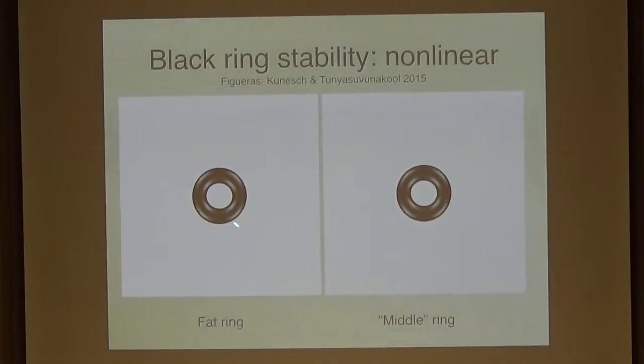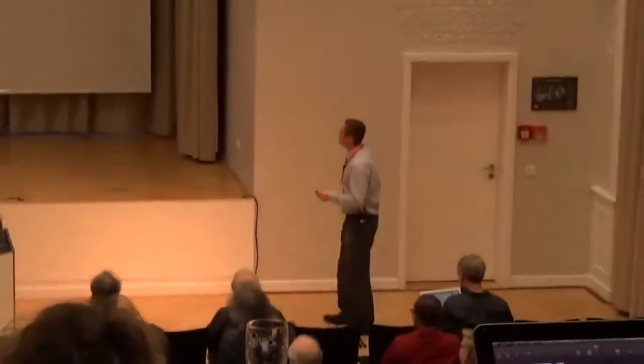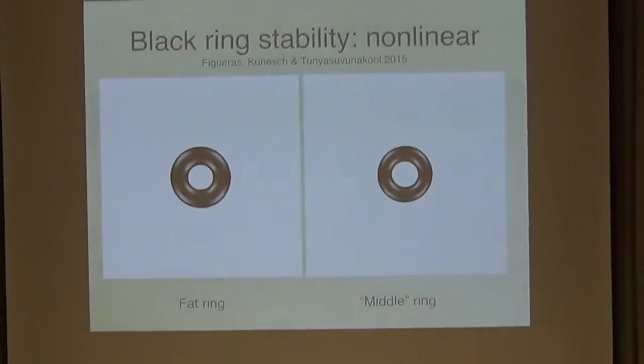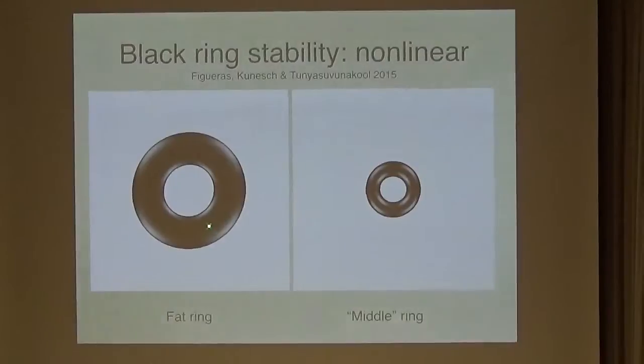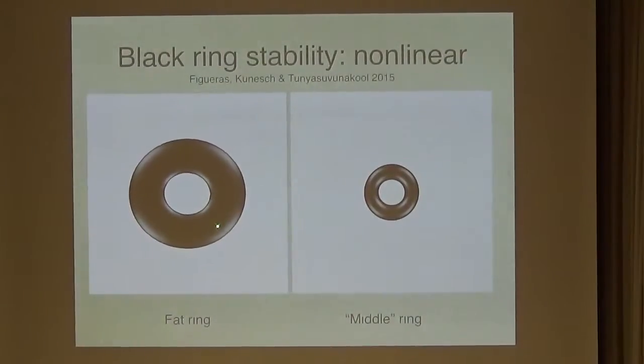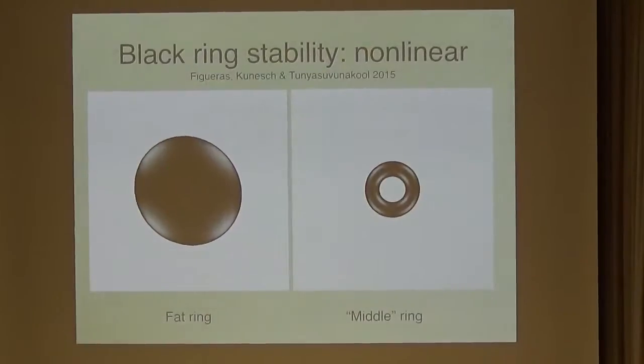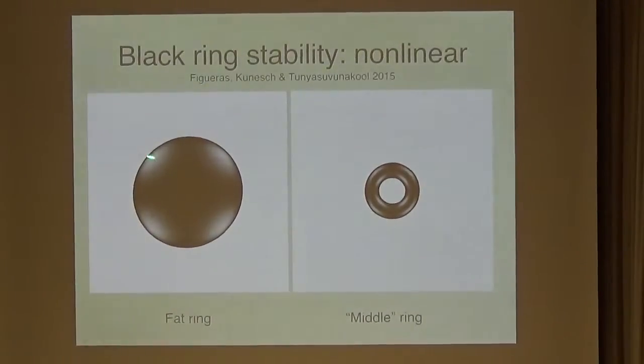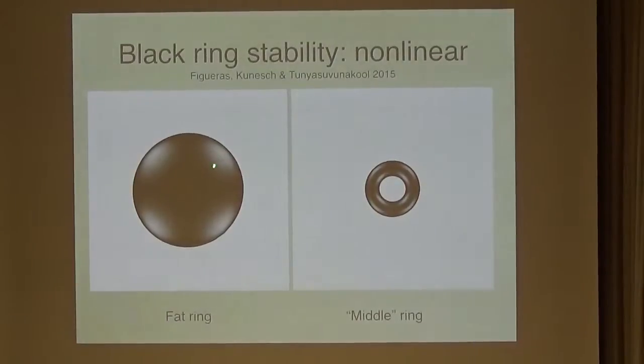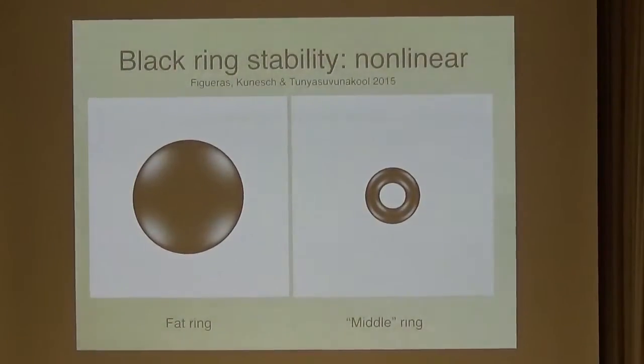So, as I said, we can divide black rings into thin and fat. Let me start by showing you a nonlinear evolution of a fat black ring. Remember, here we expect it to suffer from a radially or rotationally symmetric instability. These rings are rotating anti-clockwise, so this way. Here we go. So that's gauge, and an apparent expansion, and then we see it wobbling a bit. But eventually the hole in the ring closes up and we settle down to a slowly rotating Myers-Perry black hole. So the ring just collapses down to a spherical black hole.